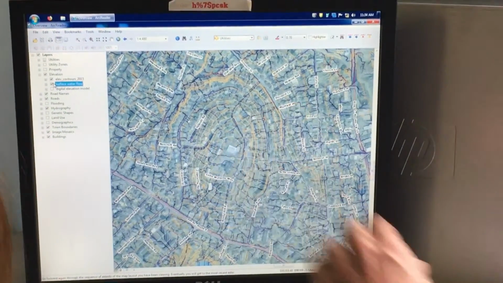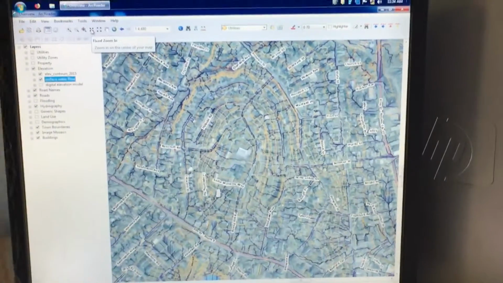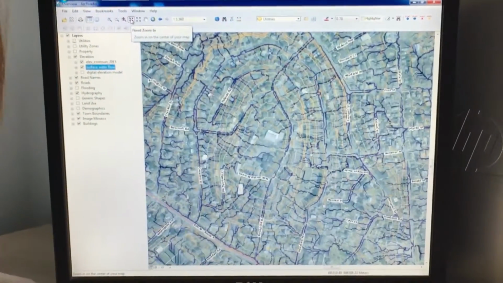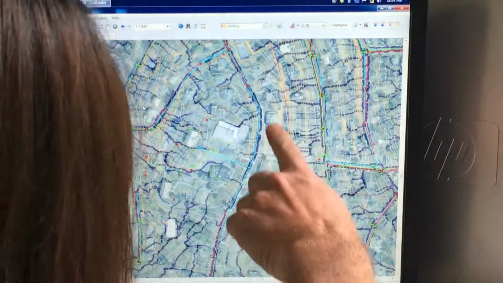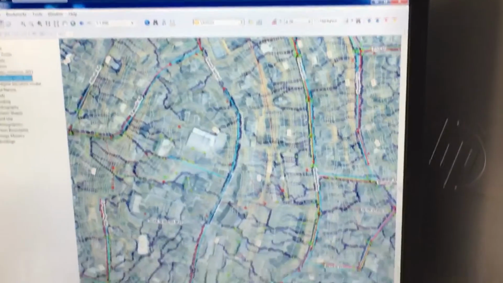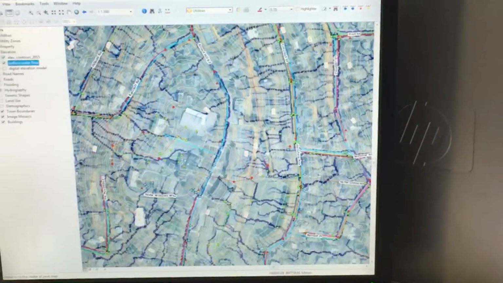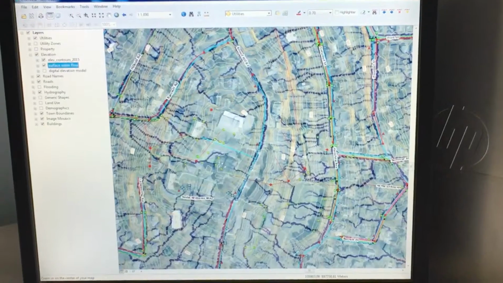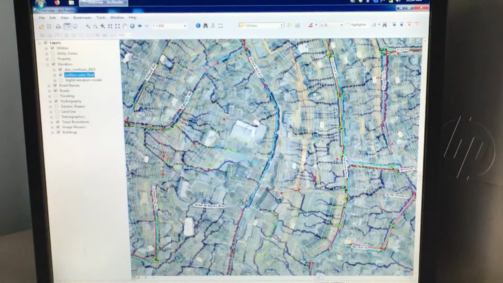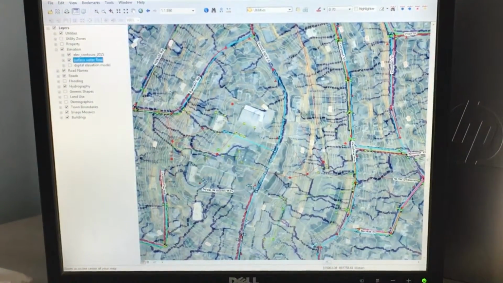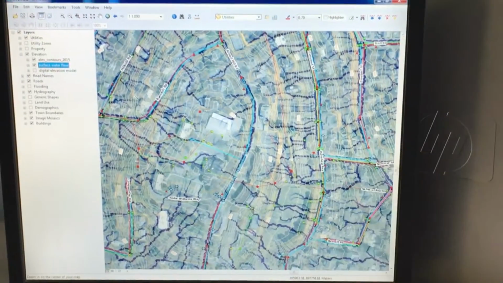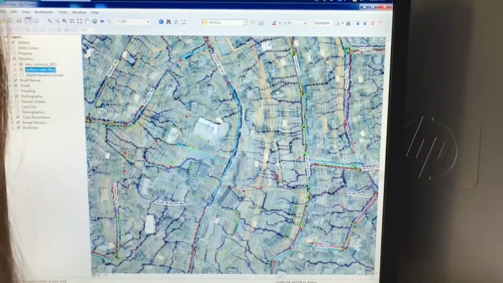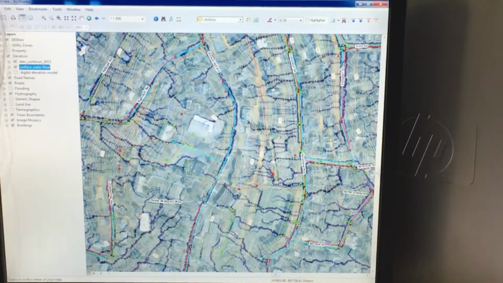So if the water follows, all these blue lines are... So you see a lot of the water ends up following the roads. So we've created this system that's not natural of where the water goes. But if you have erosion problems, this is kind of where you want to look and figure out,